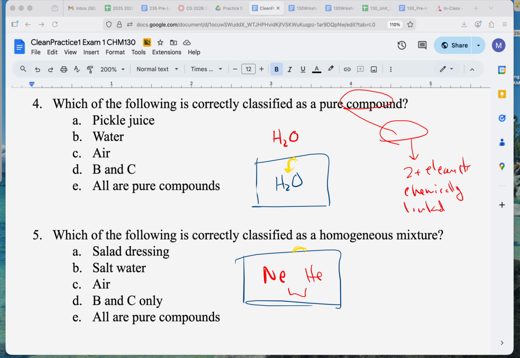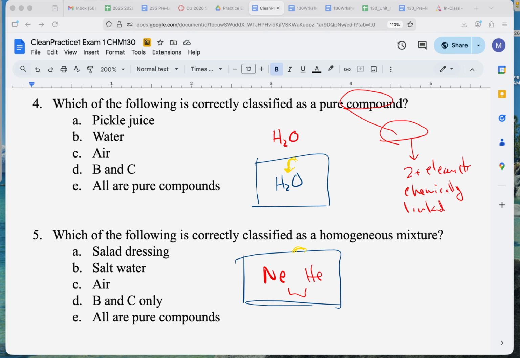Cool. So 4 and 5 kind of tie to each other. So 4 is bringing this concept of pure ultimately versus mixture and compound versus element. Okay, that's what question 4 is about. If we move to question 5, it's now talking about mixtures. Okay, and we can say mixture versus pure, but now we're saying explicitly mixture, and we're adding another word. We're adding homogeneous versus